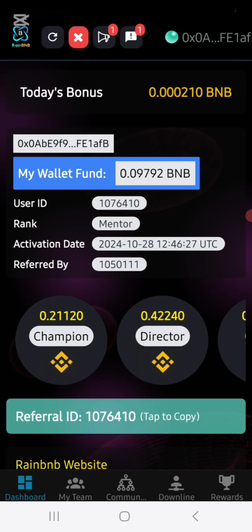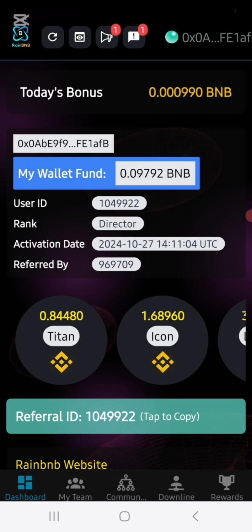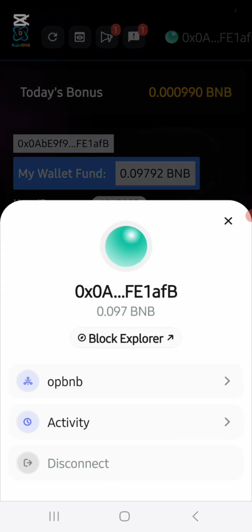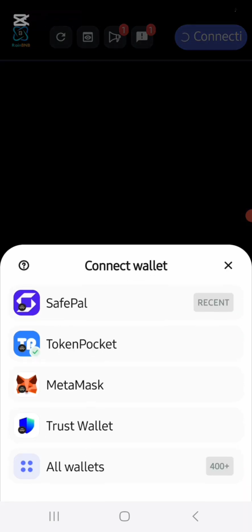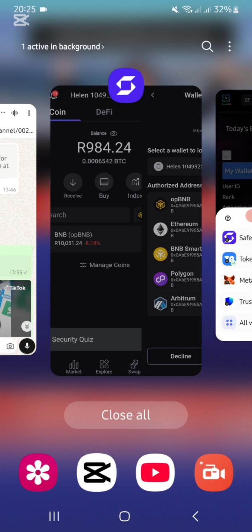And while we're in RainBNB, I want people to get used to it, because if the link is going to change again, the HTTPS link, then this is going to be much better. You're going to go on the cross. If you wanted to check another wallet, you have to disconnect here first. So press there on the green thing at the top and you're going to say disconnect. And you are going to close this.